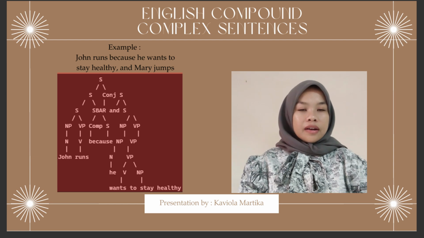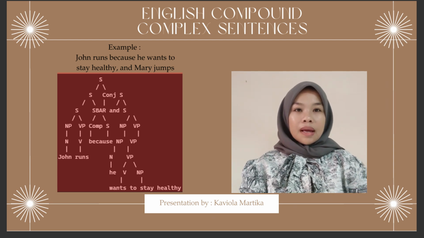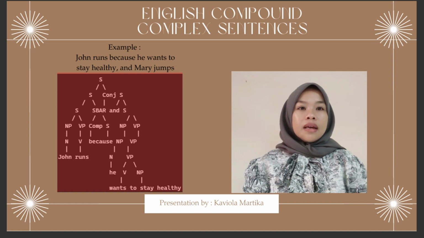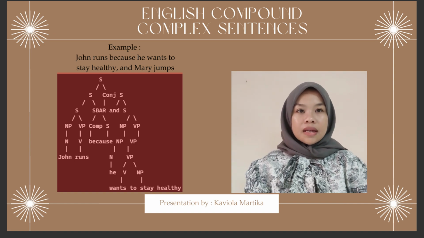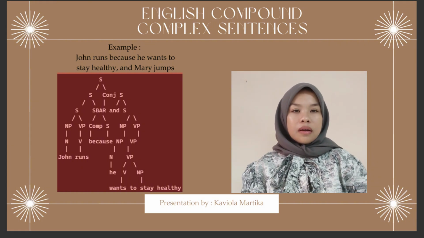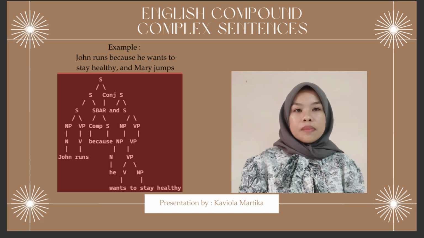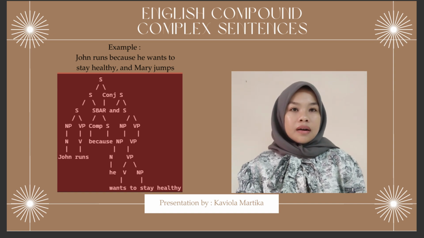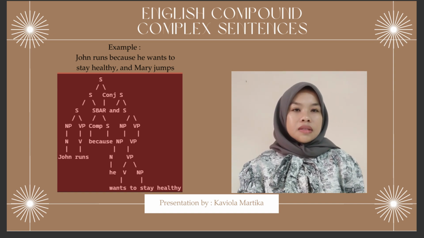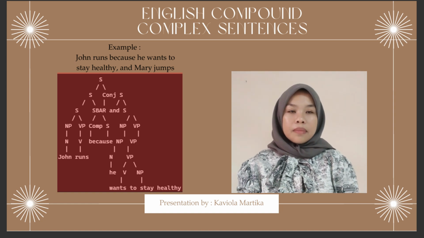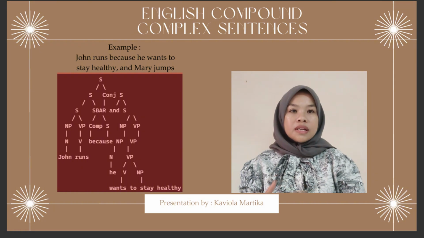And the next tree diagram is of an English compound-complex sentence. The sentence is: John runs because he wants to stay healthy and Mary jumps. The sentence contains a main clause and a subordinate clause joined by a conjunction. The first main clause consists of the noun phrase John and the verb phrase runs. The subordinate clause is dominated by the subordinate clause node, which connects the first main clause with the subordinate clause using